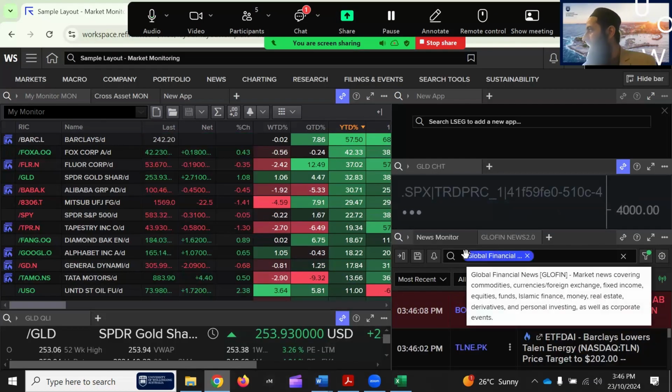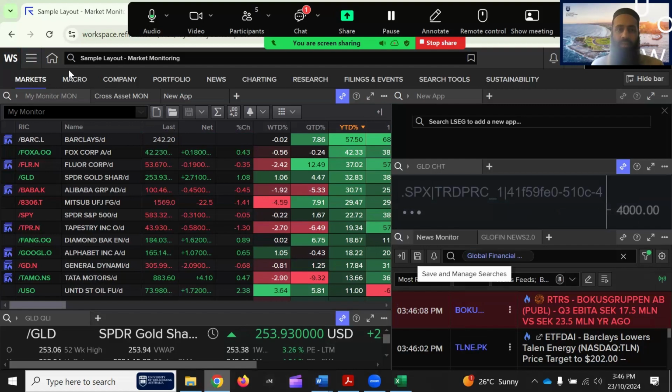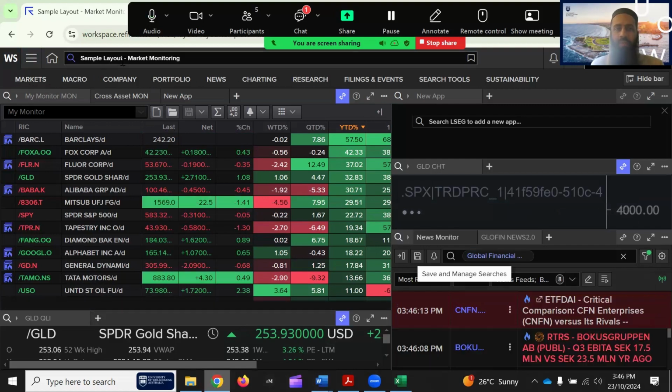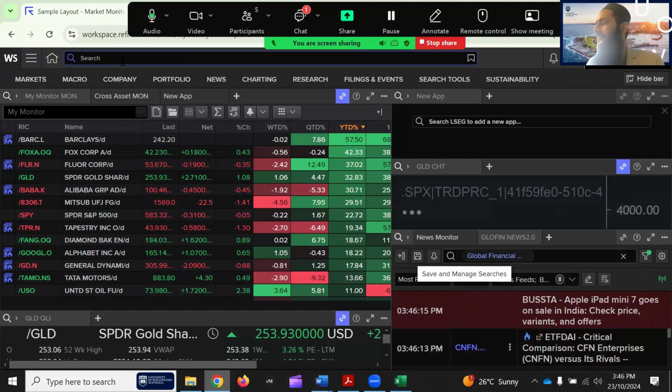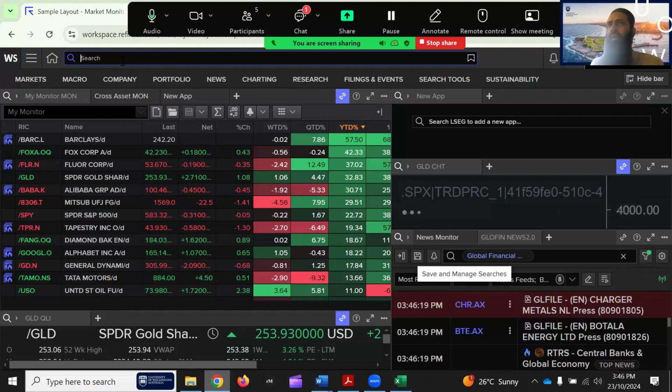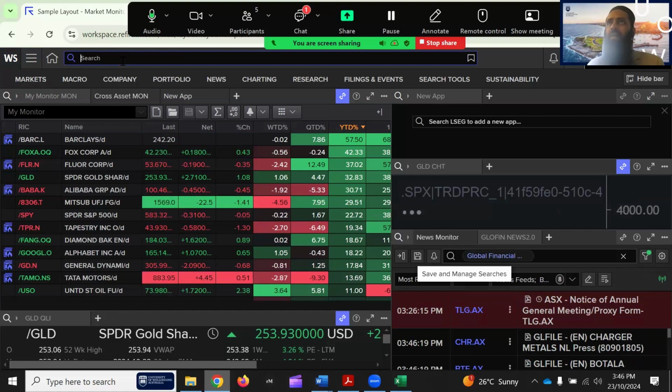We already know the interface, what kind of data is available. Here you can search for the app or you can search for the security. Okay, so we are interested in extracting the ESG data of a particular listed company.